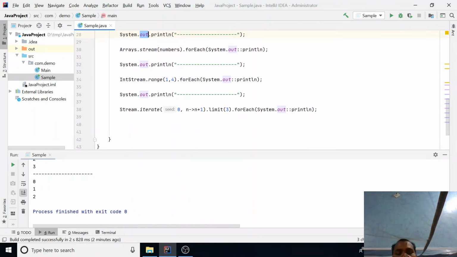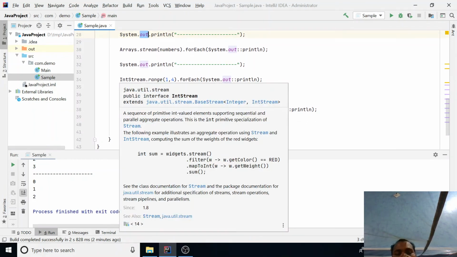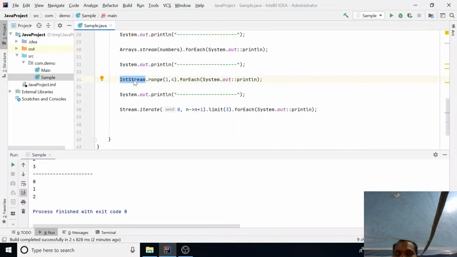Here these are the two specialized stream methods. One is the IntStream. Java provides a set of specific streams as well: IntStream, LongStream, and DoubleStream. Similarly, if you want to loop from 1 to 10 times, or 3 to 4 times, you have to specify the initial range and the end element.